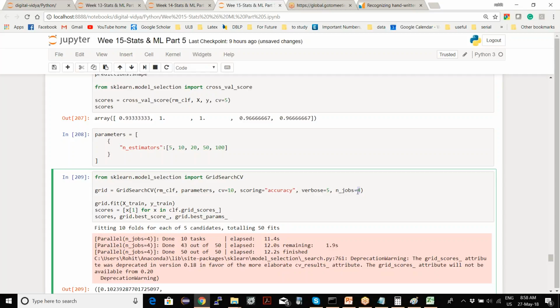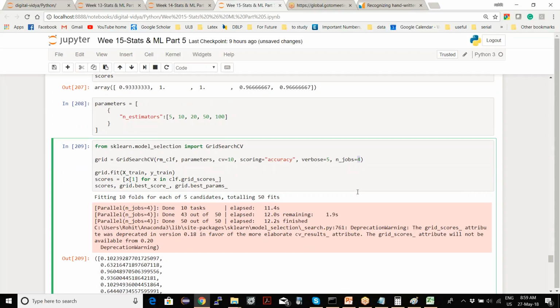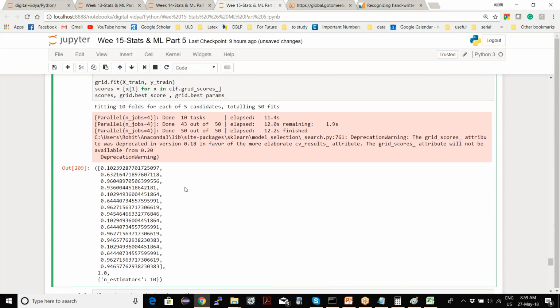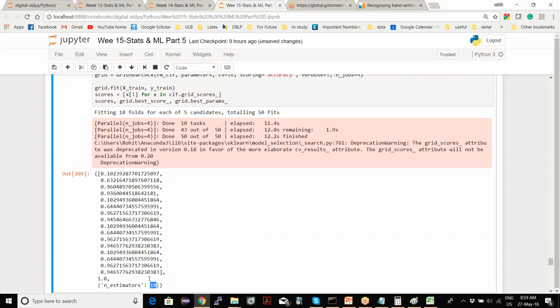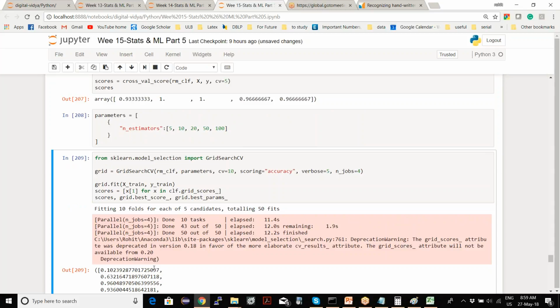This parallelizes each of the different runs, and then gets me the best score and best parameter. So it gave me 10 as the number of estimators to get the best prediction. Out of these 5 parameters, 10 gives the best result.